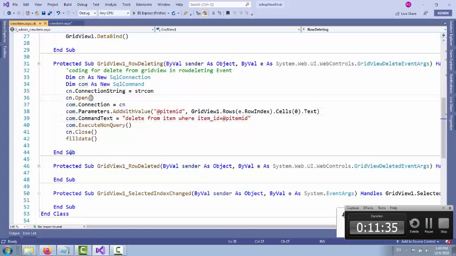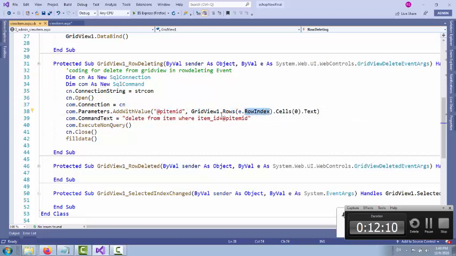So here we take the connection and command objects, then connection dot connection string, and we need to open the connection, then command dot connection, and if we have parameters, then add the parameters. So com dot parameters dot add with value @p item id, a parameter item id, comma grid view 1 dot rows inside the bracket e dot row index.